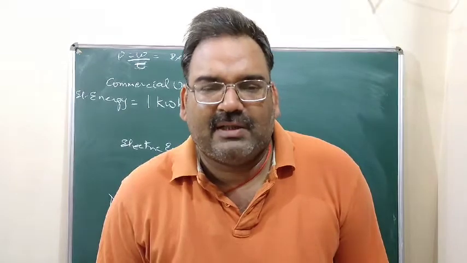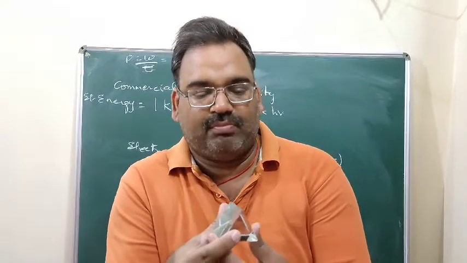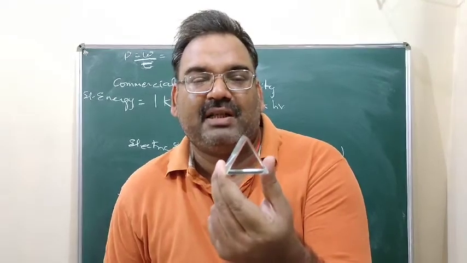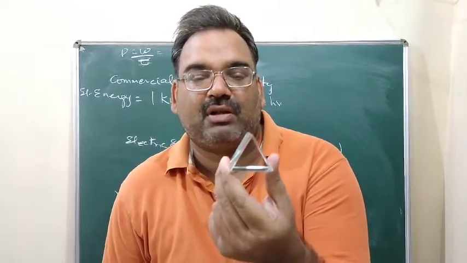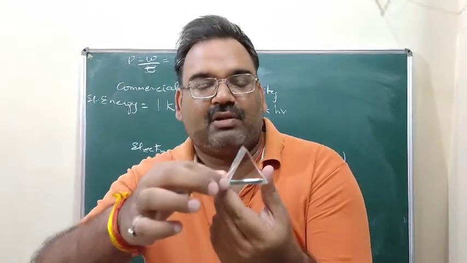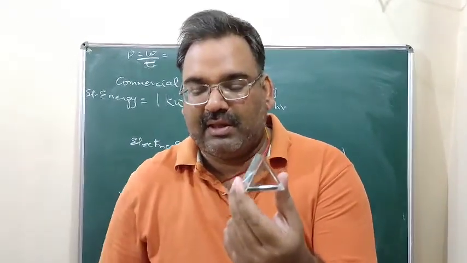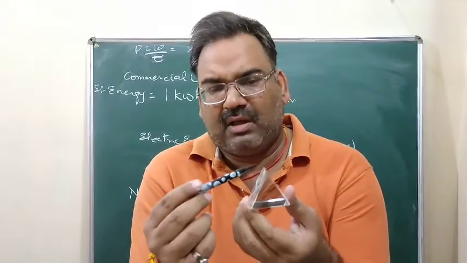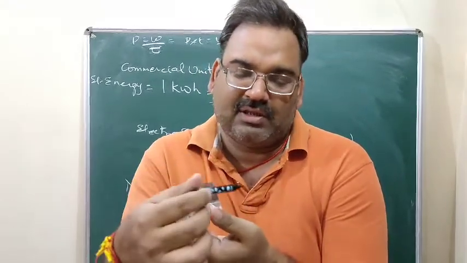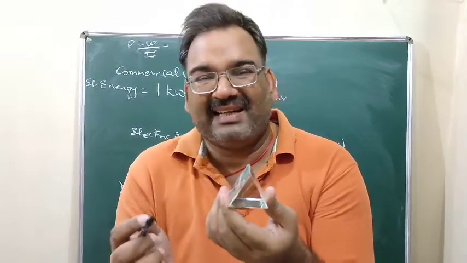Start with the prism. What is a prism? See, this is a prism. In my hand you can see a prism. What is the definition of a prism? A prism is made by three rectangular slabs placed at an angle to each other. So this is one rectangular slab, this is another rectangular slab, and the third one is at the base. You can see here this is one rectangular surface, the second rectangular surface, and the base, the third rectangular surface. This is a prism. They are placed at an angle to each other.